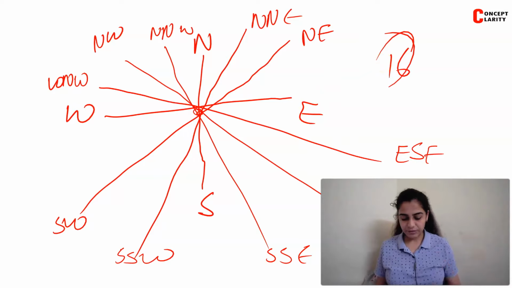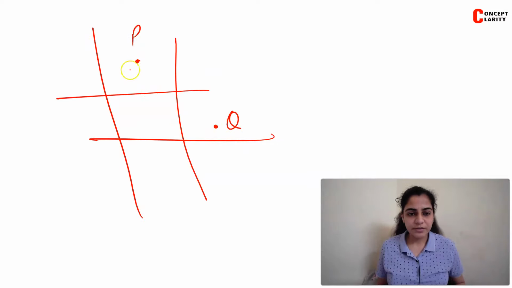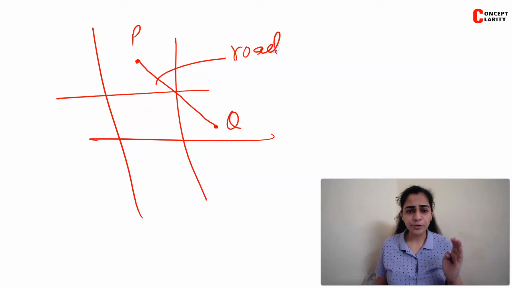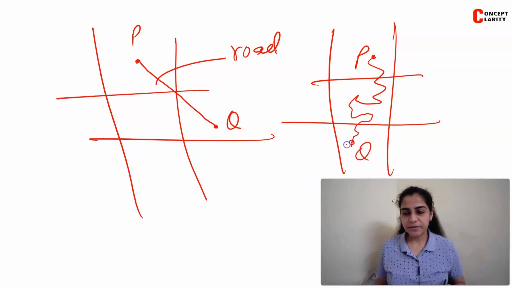The 16 directions. After this, another question that comes to my mind is that it's not necessary that every time on the topo sheet you have straight lines only. Let's say this is a point P, this is a point Q, and you are asked to measure the distance. This is a very straight distance, a line, because there was a road to move from point P to Q. But this is not necessary every time. There could be a point, let's say this is P and this is your Q sitting here. These are the two places, and here the road is extremely uneven and not in a straight direction. It is not a straight road.